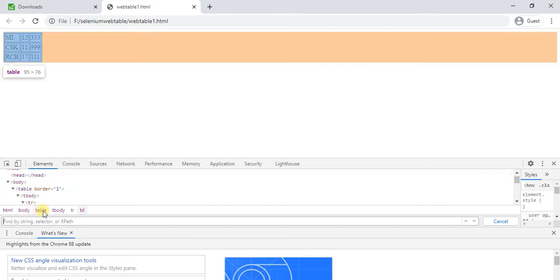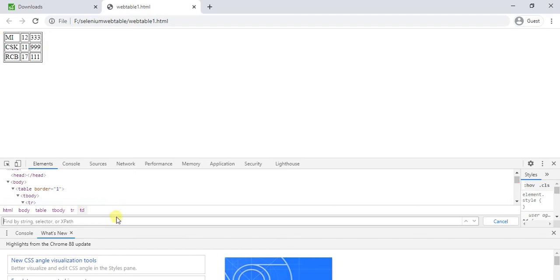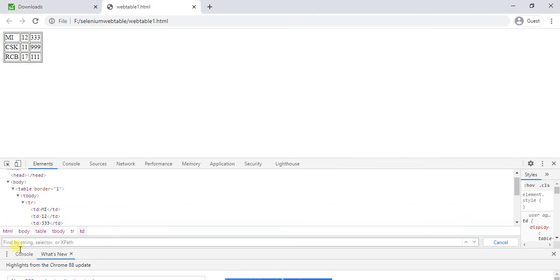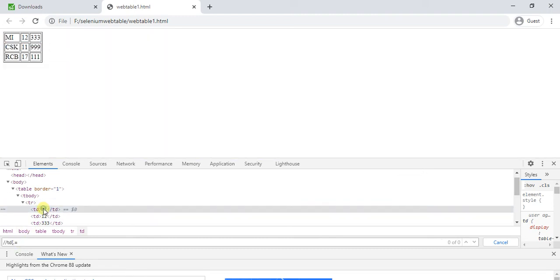Here I have a TD element. So I write double forward slash TD, then the attribute, dot, equal to, and I copy this element and write it in single quotes.